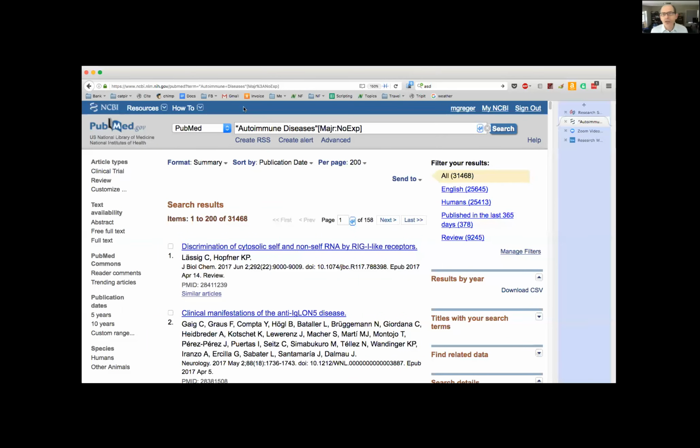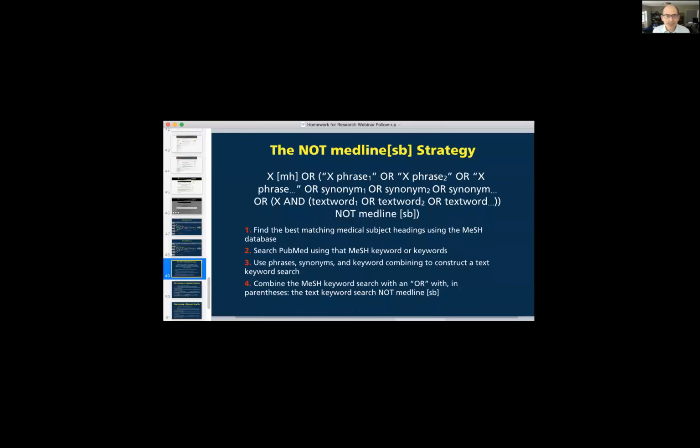All right, so let's go back to our search strategy to see what the next step is. All right, we did that, now we're up to step B2. Step B2 is to search PubMed using that MeSH keyword or keywords. You say, wait a second, didn't we just do that? Well, note it says keyword or keywords, plural, right? So let's say,